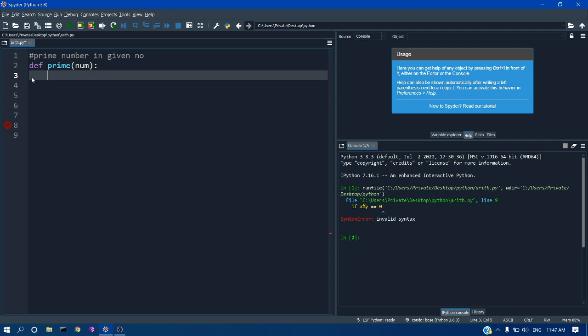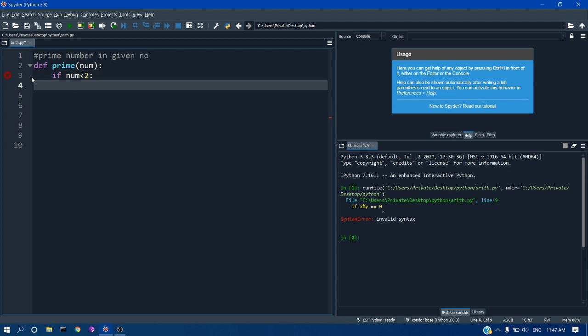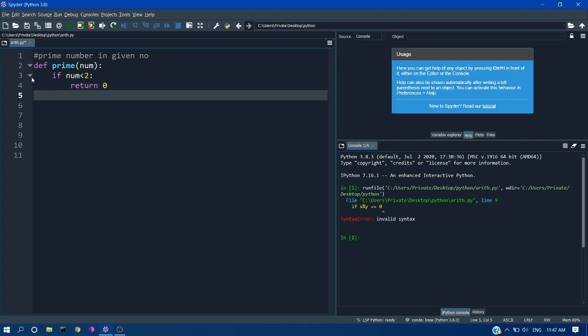So there will be two cases in prime number. If we give a number less than 2, then there will be 0 and 1, which is neither prime nor composite. So our function should return a null value, which can be 0. For that, I'm just using the if case here. If num less than 2, then it should return 0, which means no prime numbers are present within the given number. If it is greater than 2, then we should do the following calculation.